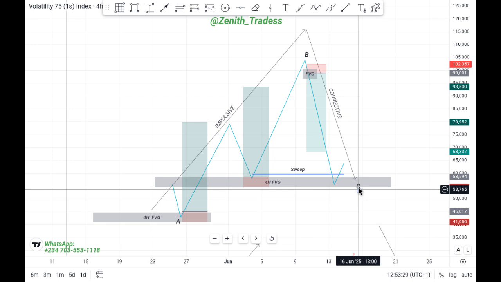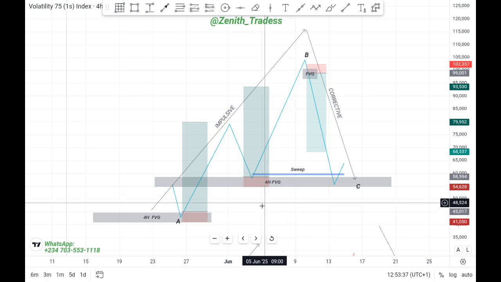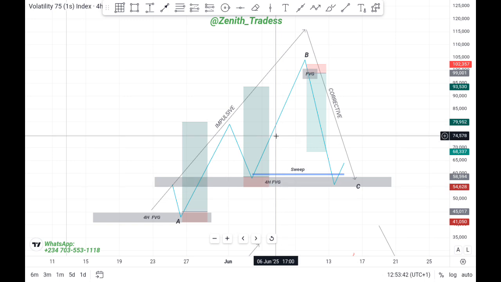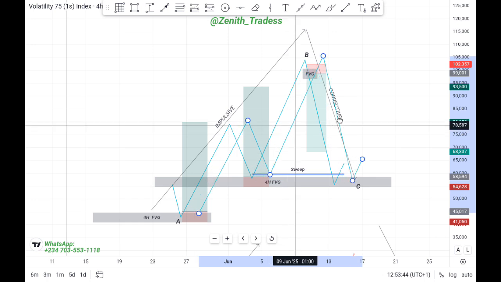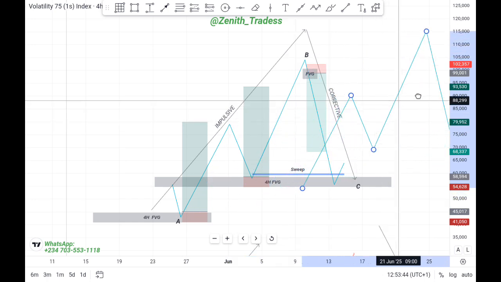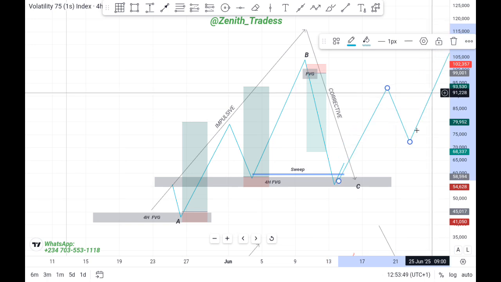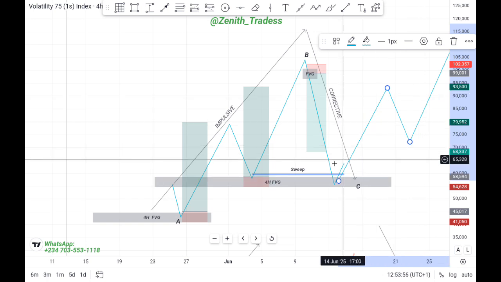You can call it a CP for demand and supply traders. You can call it a range, right? Just picture it at the back of your mind that this pattern is what price will continue to do. For a bullish scenario, after this pattern is complete, it means the mission of this range is complete. Price will go on to create another leg, like this, and if you continue creating the same thing, so